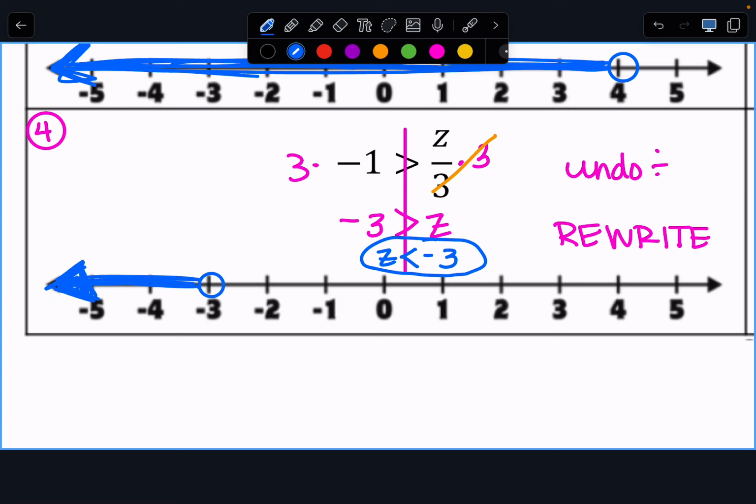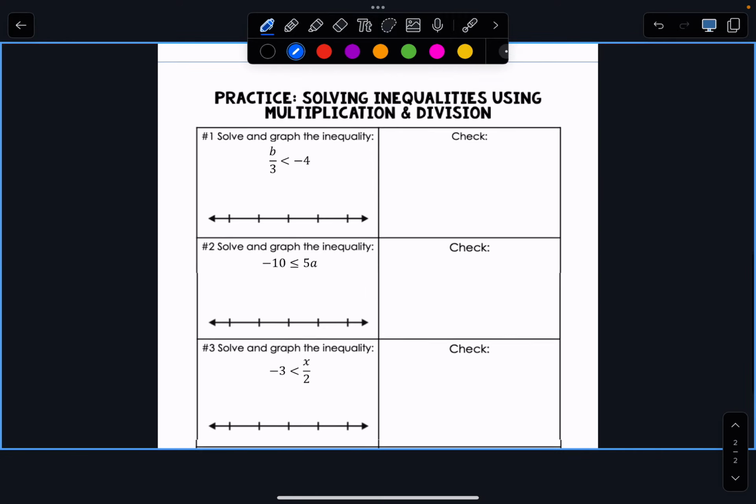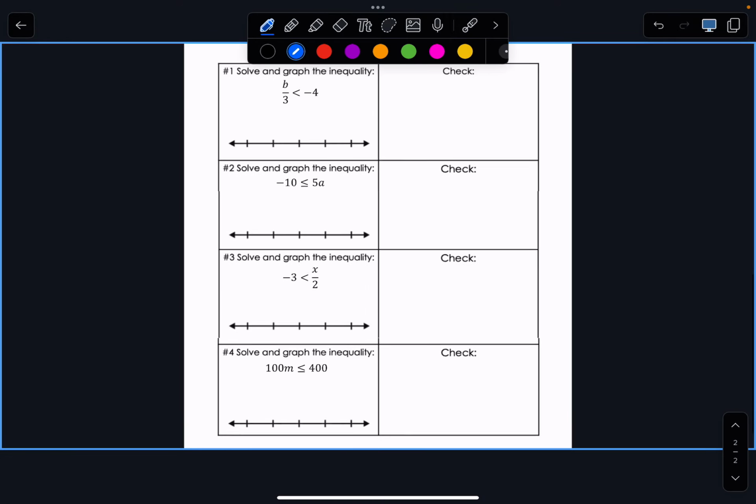You guys, is this much different than what we did on Friday? No, it's just with multiplication and division as opposed to add and subtract. So this is what I want. I want you to have lots of time for your graded worksheet. But before I give you your graded worksheet, I want to make sure that you're okay on these 4 problems right here. So your job